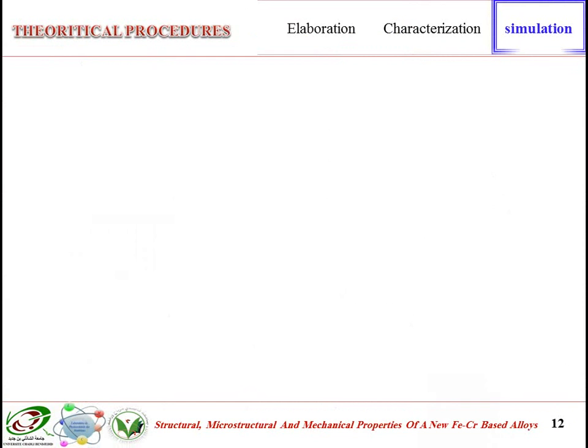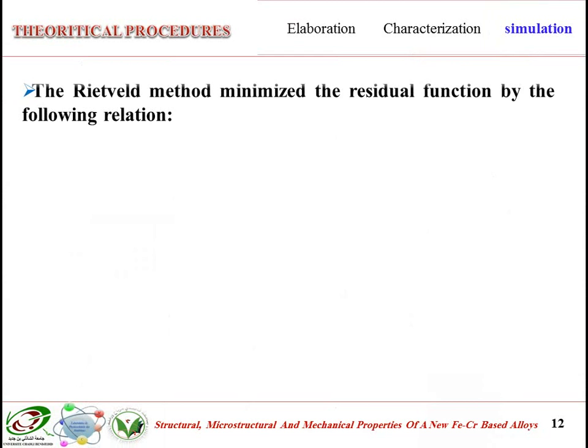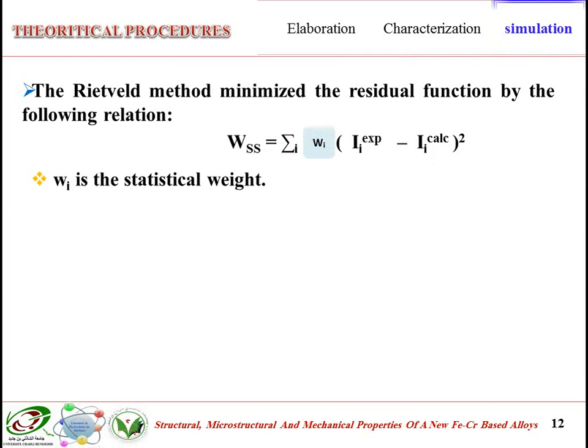The simulation of the diagram obtained by the XRD was carried out thanks to the MAUD software, which is based on the Rietveld method. The Rietveld method minimizes the residual function by the following relation: